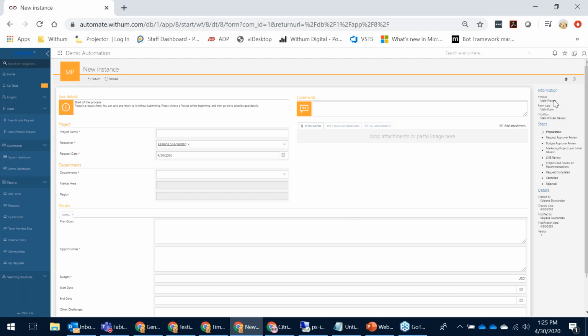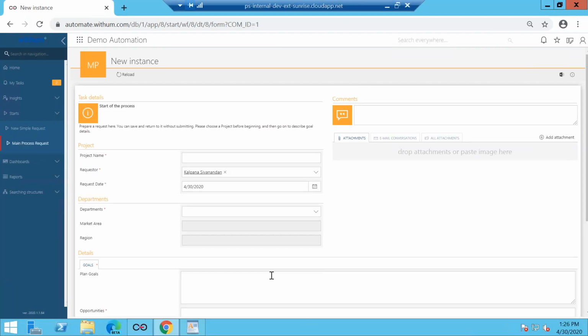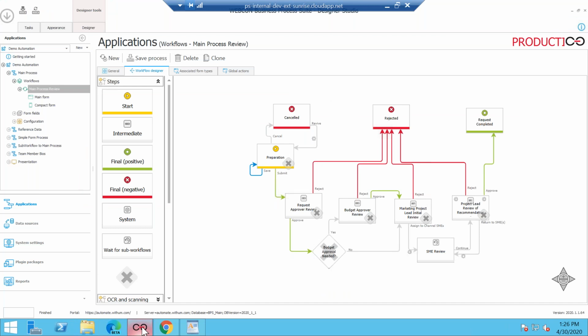So these are all some things that can be easily changed, like Mike was saying, instant change is possible. You don't like the word main process, we can quickly go change it to whatever you want it to be. These are the workflow steps, and you see how it's bolded and it shows the arrow indicating that's where you are currently. So at any given point of time, you know where your request is and which stage it is in the workflow process, and there's more details to it. I am now going into Designer Studio.